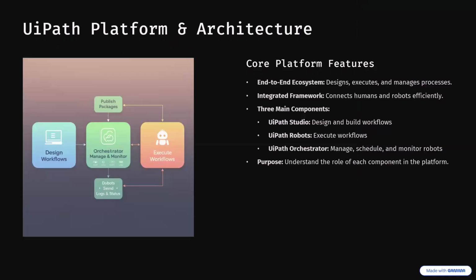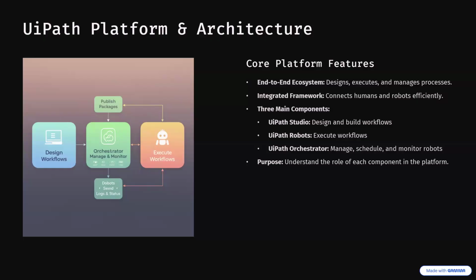Okay. Perfect. So, Linda, so far we have seen what RPA is and why UiPath matters. Now, let's look at how the platform actually operates. UiPath is not just software, it is an end-to-end ecosystem where components work together to automate business processes efficiently. It is a coordinated framework that connects humans and robots. The platform has three main parts: Studio, where we design workflows, robots, which execute them, and Orchestrator, which manages